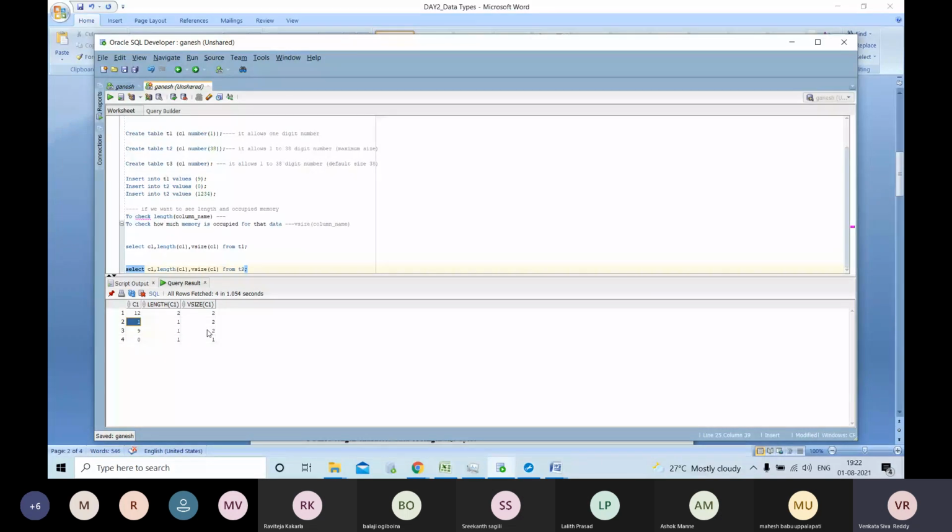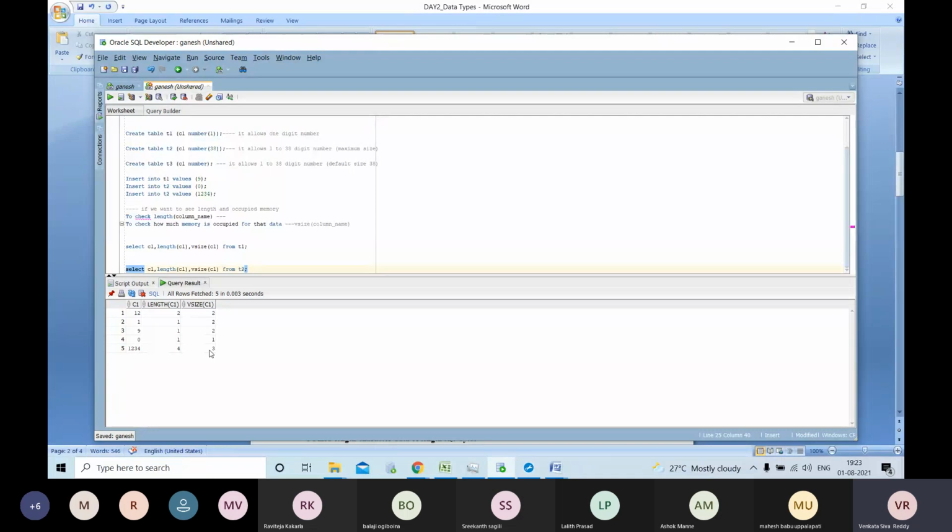If you insert a greater value, like in T2 1 2 3 4, now I am going to insert another value. Can you see? It will take only 3 bytes for 1 2 3 4. Actually we have 4 digits; if you calculate at 2 bytes for 1 digit, it would need 8 bytes.